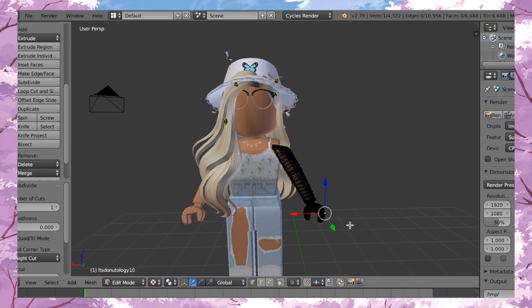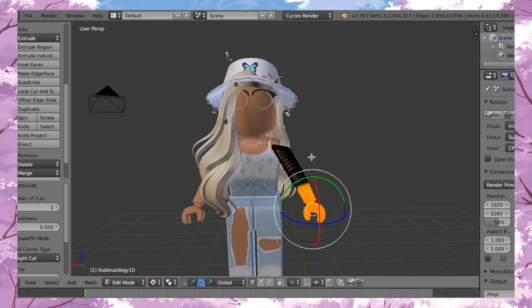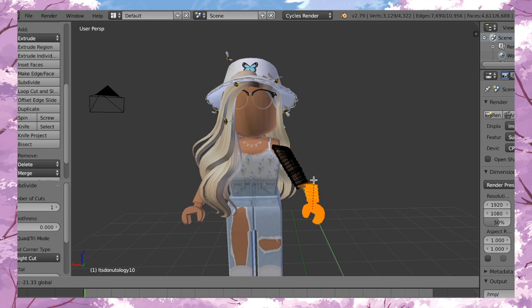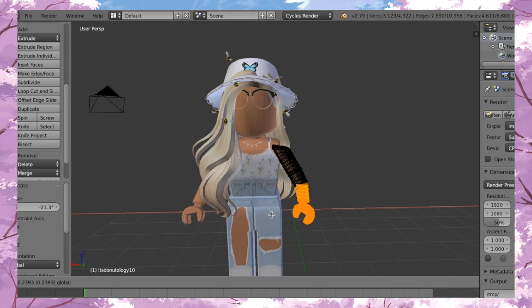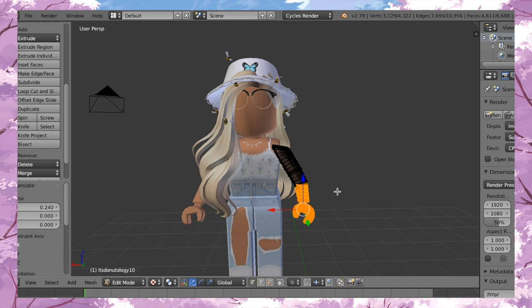So if you want to bend only half of the arm, you just need to press Control, and then you just need to circle around, and that gives you the ability to bend the materials. So rotate on the green axis because that will rotate it this way, and then I suggest moving it over. That's what I always do, and then yeah, you just bent your first limb, and that was not that